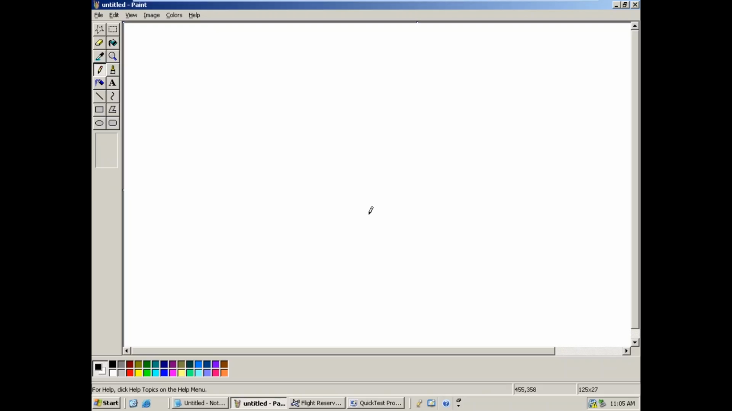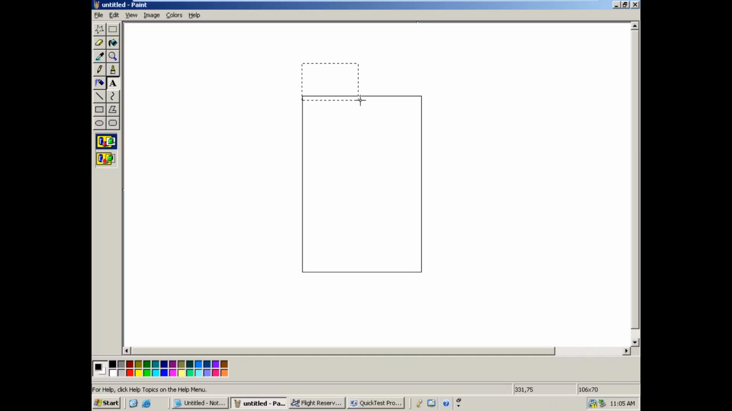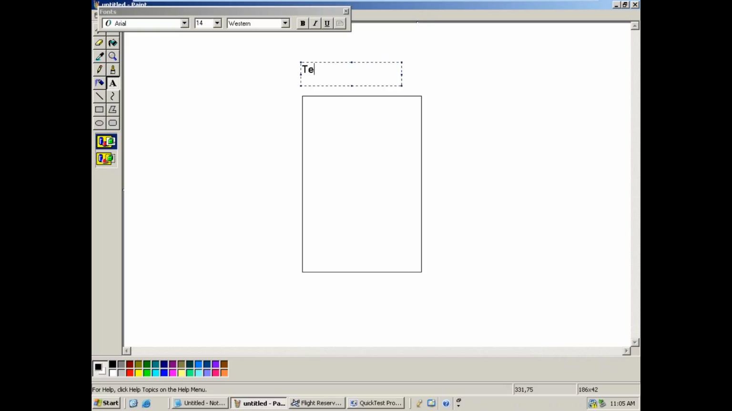Now we are going to discuss parameter test script. What is the parameter test script? Suppose here I have the test script. This is my test script. The script is created here